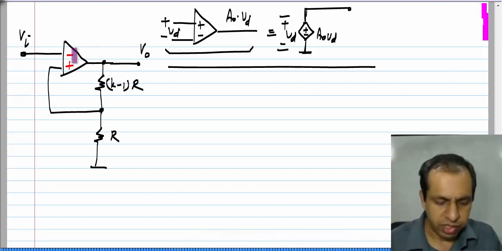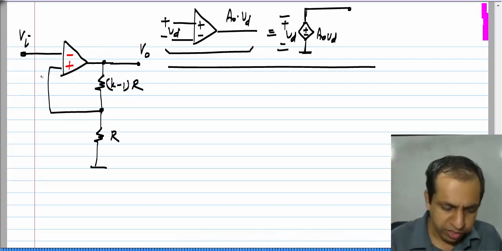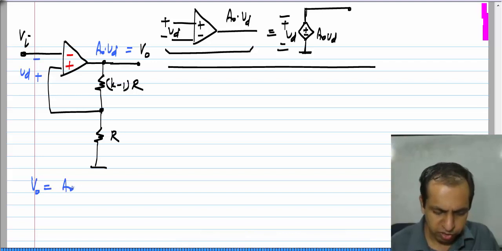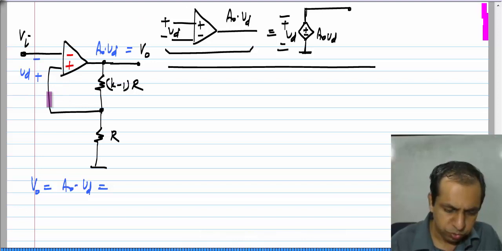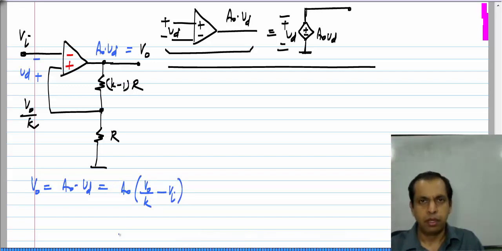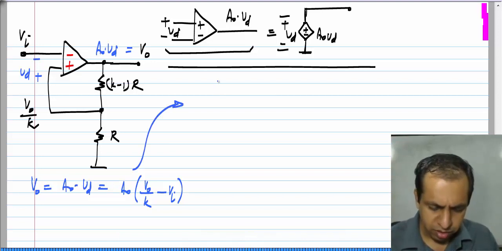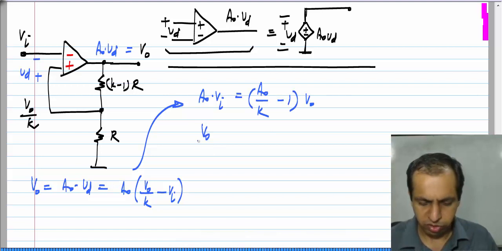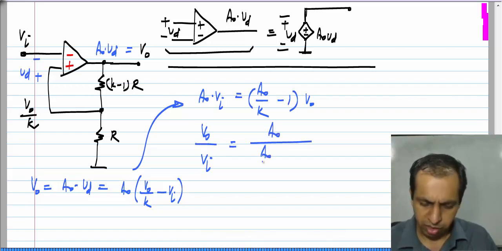Now, let me analyze this circuit, which is a very minor modification of the previous circuit. My V d will be in this polarity, because it is defined from positive to the negative terminal of the op amp, and V naught of course will just be A naught times V d. So, what do I have? V naught, which is A naught times V d, which this time around will be this voltage minus that voltage, which is V naught by k minus V I. If I rearrange this, I will get A naught times V I equal to A naught by k minus 1 times V naught. So, V naught by V I would be